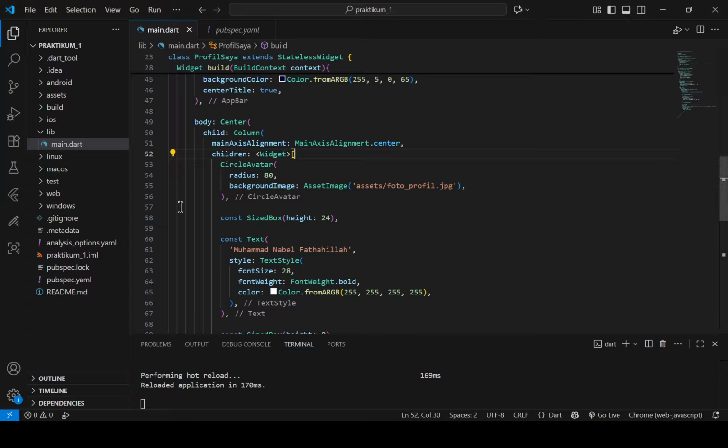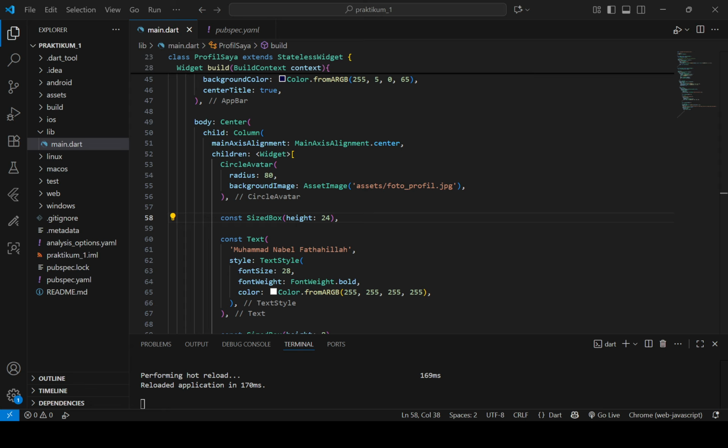First is the profile image, which uses a CircleAvatar with a radius of 80 for a perfect size. The image is loaded using AssetImage, and we copy the path of our image inside the assets folder that we created before.